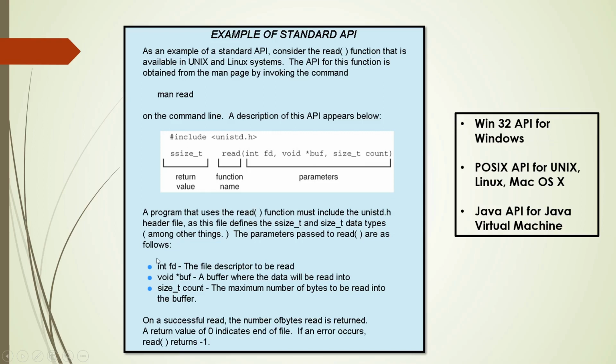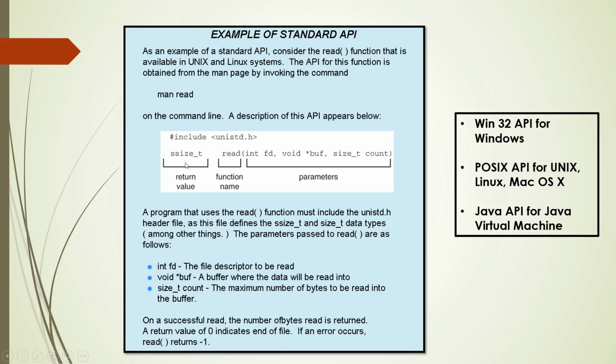The description is given in this particular section, and the program uses this read API function to actually use the system call. Now when you are reading from the file, as in the previous example we have seen, if the read operation is successful, it will return, as you can see here, ssize_t, the number of bytes that has been successfully read by the function.